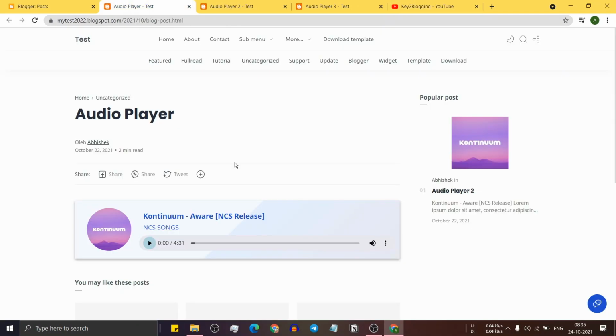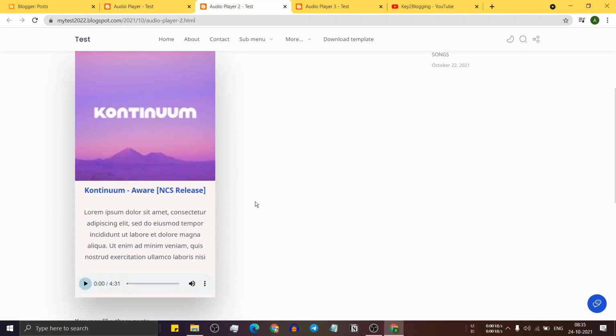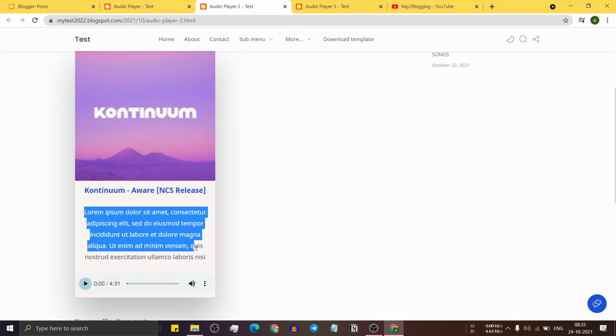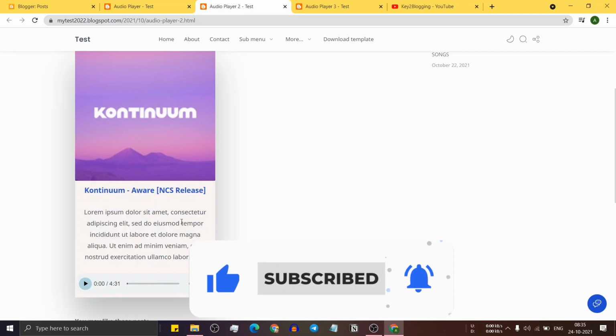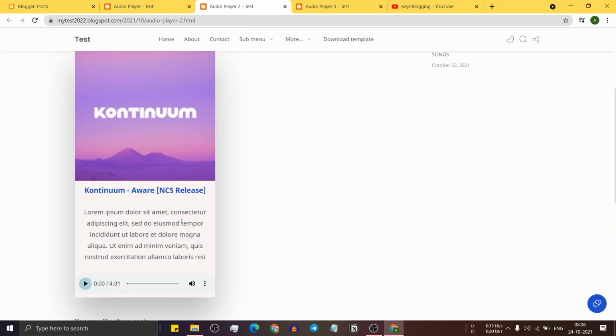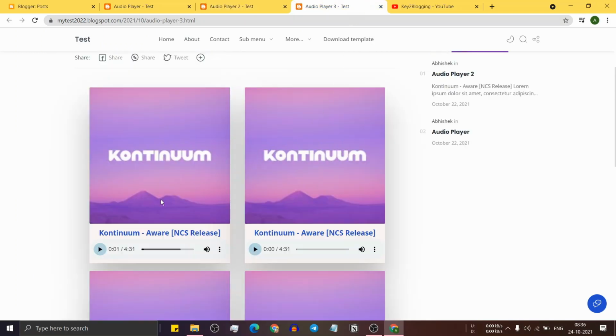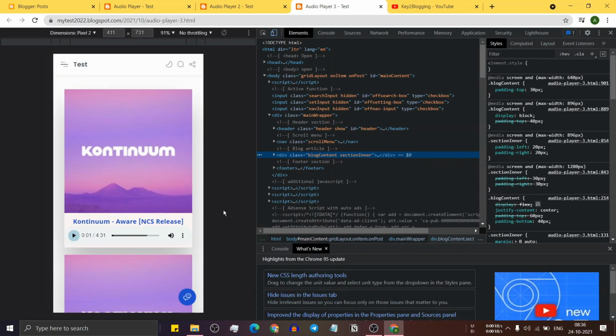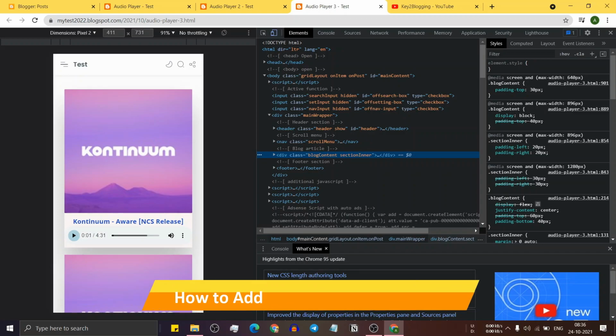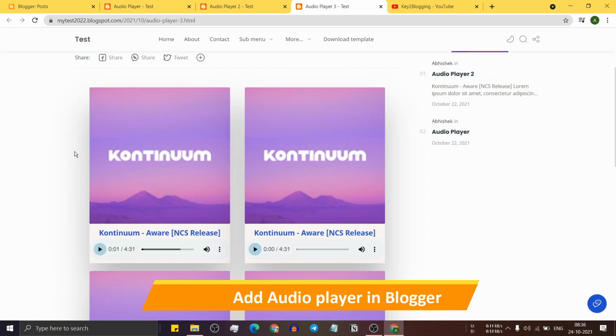So here this is the same, but here I have added the song image and the song name to this player. So let's check how you can add audio player like this, where you can add a paragraph like this about the audio, and you can add a link to the audio file so that when a user clicks on the file name, it will redirect to the original source, and here you can embed the audio player. Or you can even display the audio player like this in the grid format, and let me just inspect in mobile view, and as you can see it is looking quite good in mobile devices also. So let's check how you can add this audio player to your Blogger website.